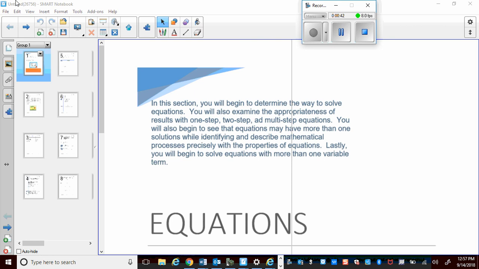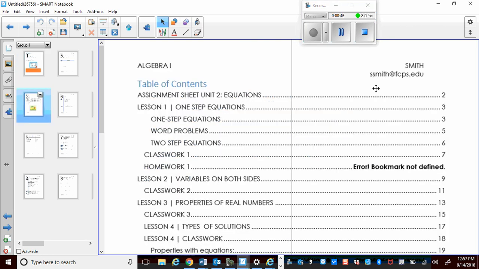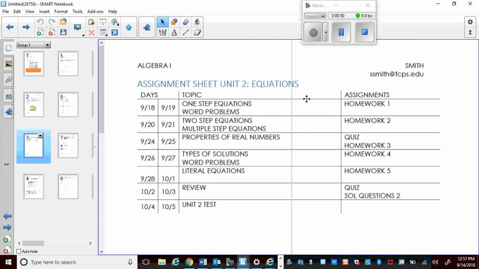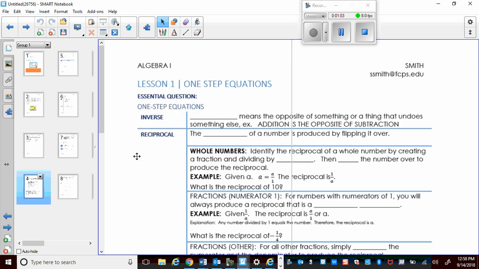So just looking at an overview of this unit, this is the page numbers. And then the next page, it tells you that you have 1, 2, 3, 4, 5 lessons, a unit review for Unit 2, and then the unit test on the 4th and 5th. Okay? Now, the first lesson in this unit is